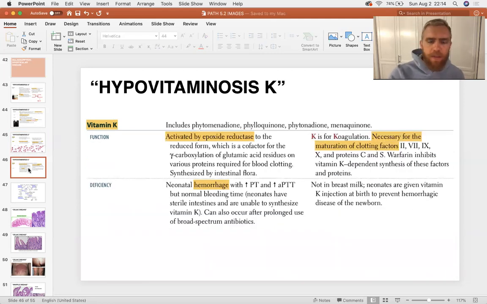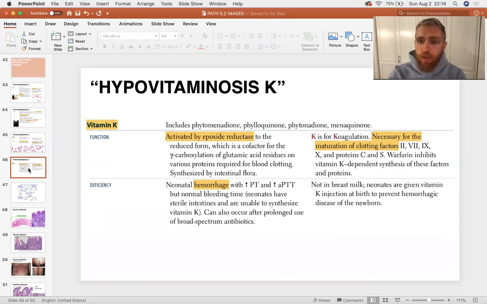And finally, vitamin K. This is your last fat-soluble vitamin. K for coagulation. You should know that vitamin K is activated by this VKOR enzyme, which is called vitamin K oxidoreductase. And it's going to, once activated,